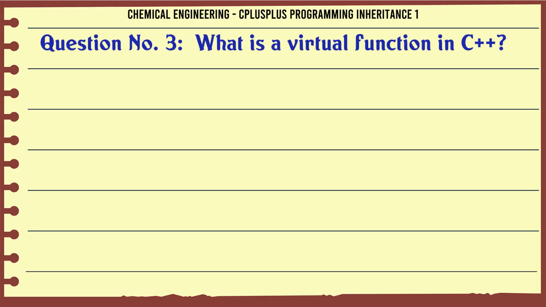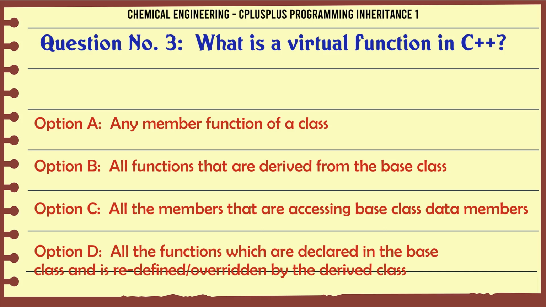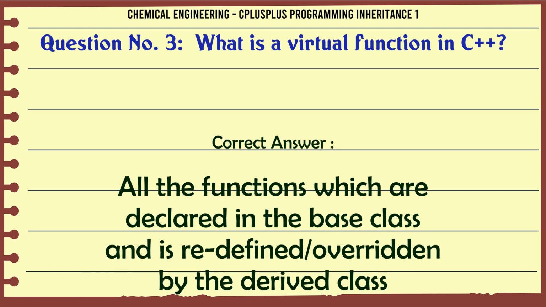What is a virtual function in C++? A. Any member function of a class. B. All functions that are derived from the base class. C. All the members that are accessing base class data members. D. All the functions which are declared in the base class and are redefined (overridden) by the derived class. The correct answer is all the functions which are declared in the base class and are redefined (overridden) by the